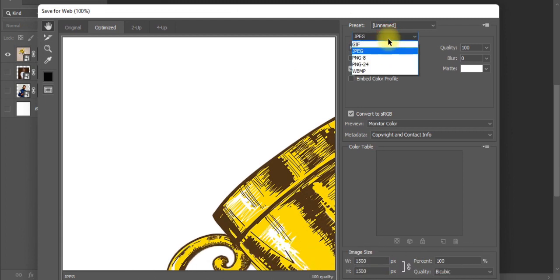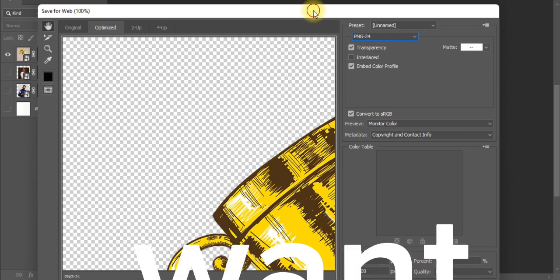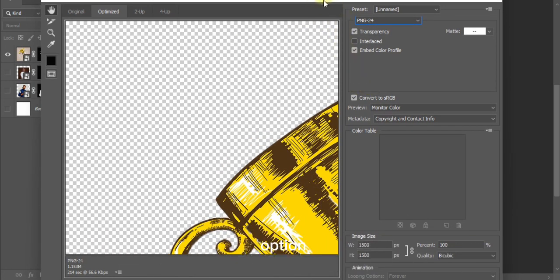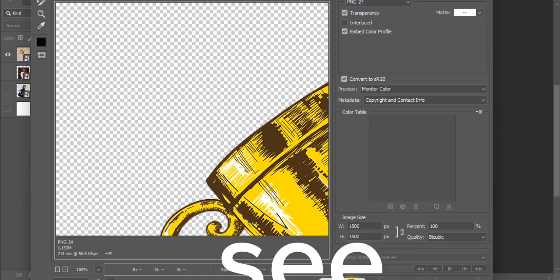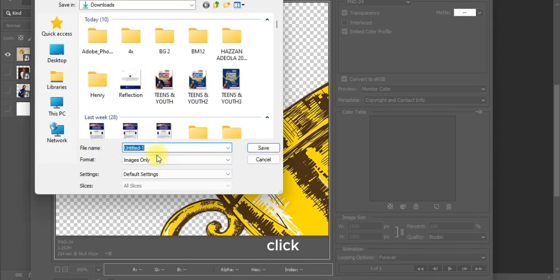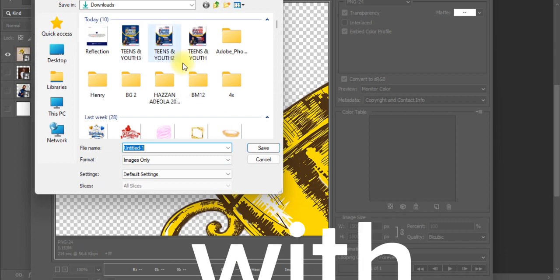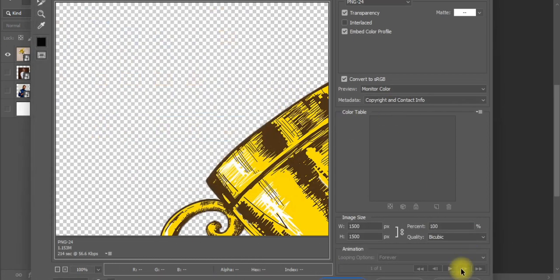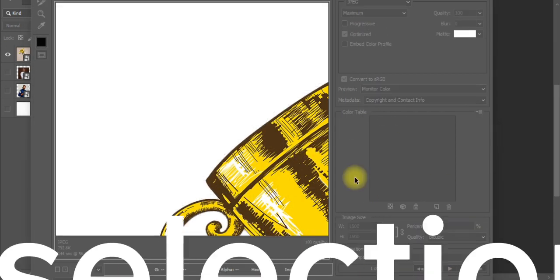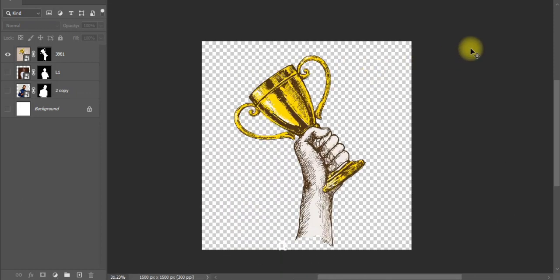So I want to show you how to save your image as PNG. So let's say you remove the background and you want to save it. You will see the option there. You will see JPEG, you see PNG. If you click JPEG, it will save with the background again. But if you change it, the selection, and you save it as PNG,